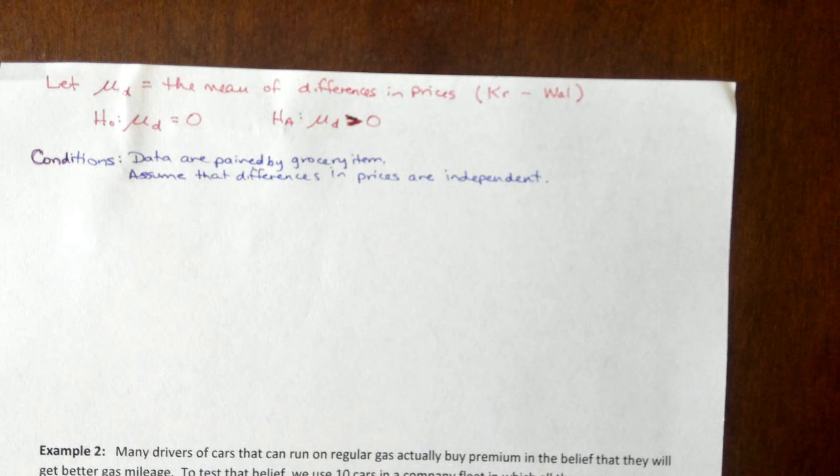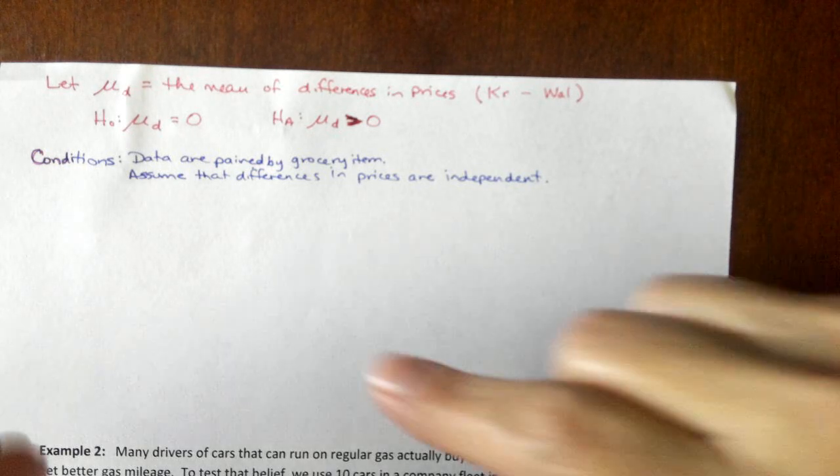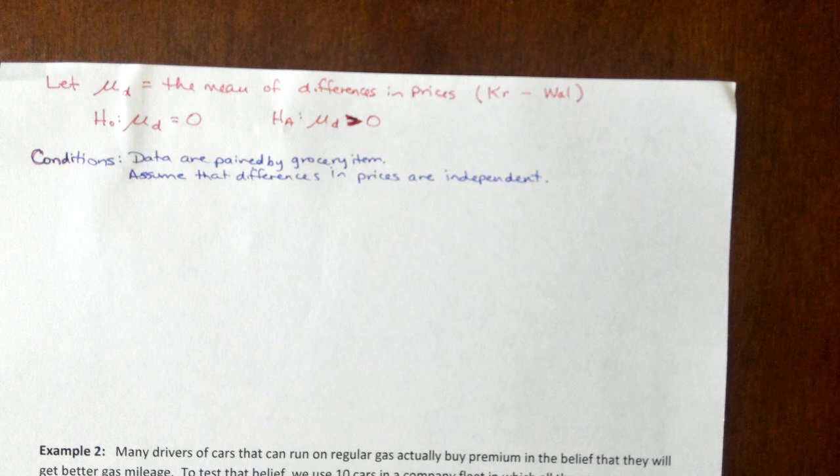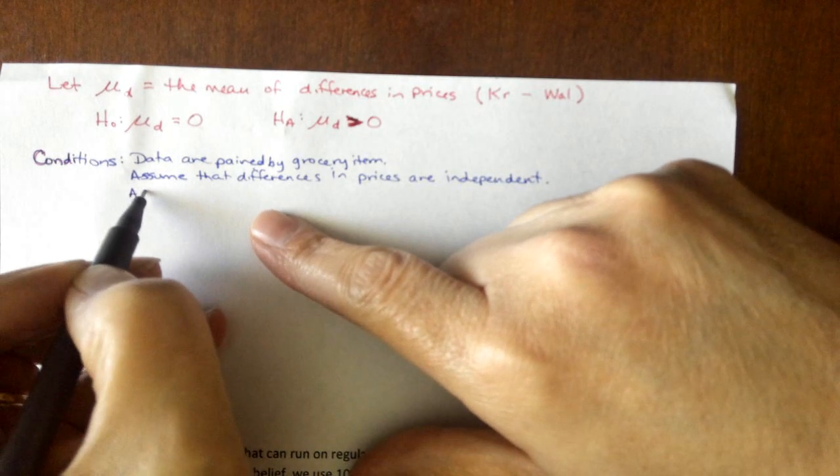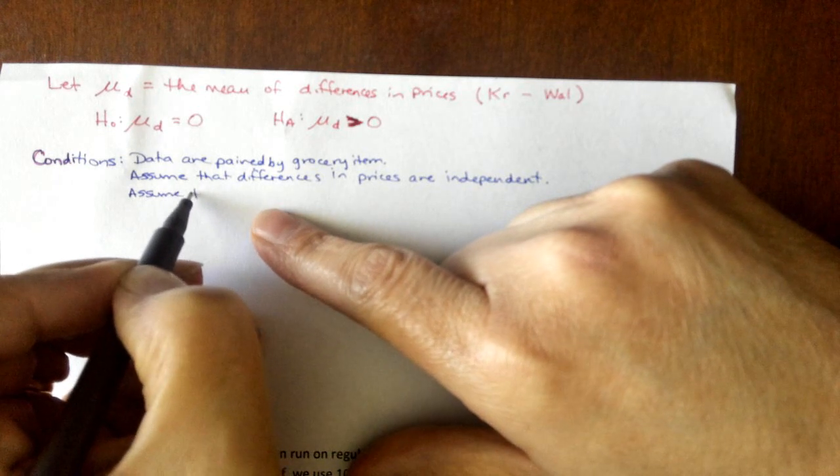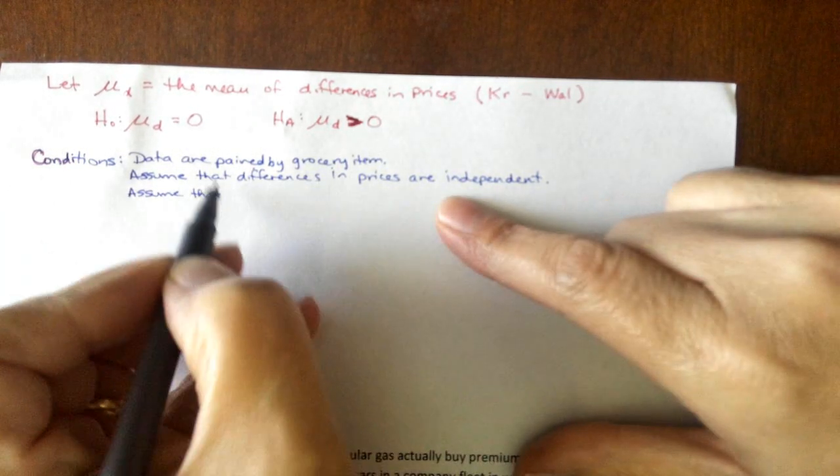That's the only real stretch. Everything else is what we've already done. So did we have a random selection of grocery items? No, because it says I collected information on prices of several items. It didn't say they were randomly selected. So we don't know they're random. So we're going to assume that